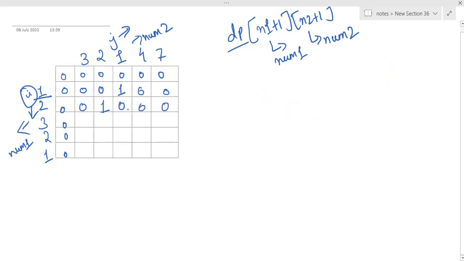First of all, let me tell you the formula that we'll be using to solve this problem, that is, how we are filling this table that you can see right now. If nums1[i minus 1] is equal to nums2[j minus 1]